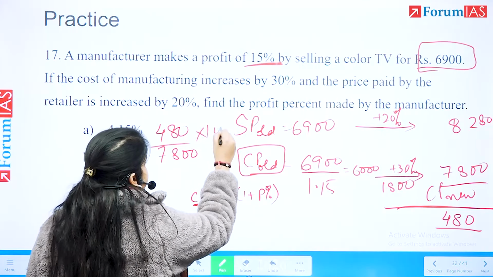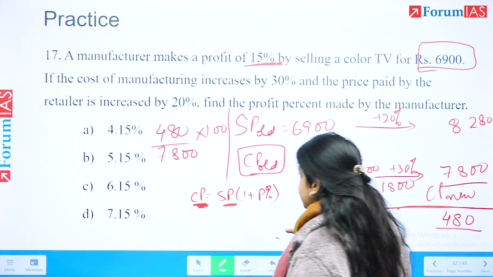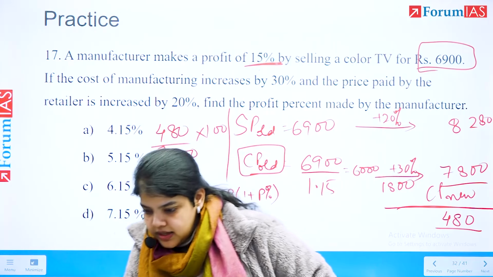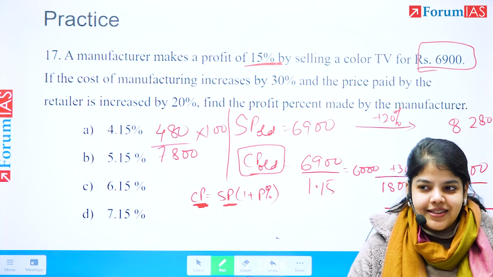I hope we followed along. Yes? We started by reading the question. First line से हमें आ गया पुराना selling price और cost price. I hope you could follow along. I'm just repeating once again. Cost price equal to 6,000, new cost price 7,800, 8,280, 480, 6.15%. Absolutely correct. I think everybody got this. Any doubt? We just had to read every statement and follow it along. साथ साथ solve करना था. ठीक है? Anyone has any doubt? Please, now is the time when you say it.